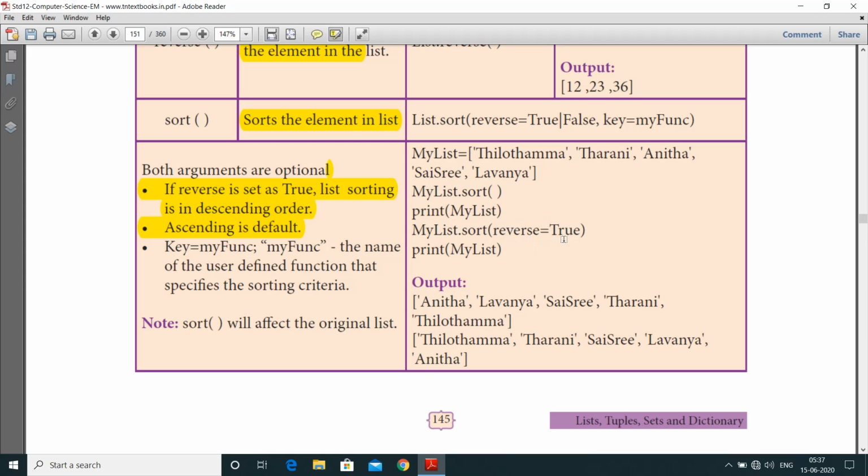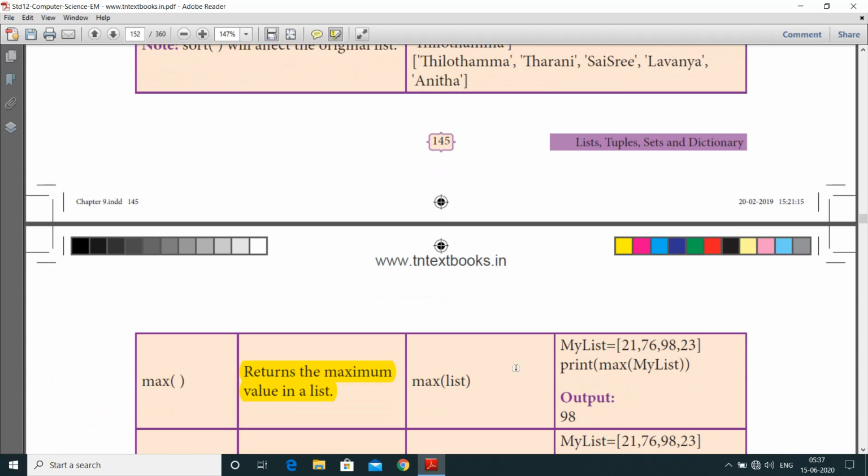Now we are giving the condition. If the list sort is reverse=True, just print my_list. So after this function it just prints the reverse of the list. If it is true, it can be printed.